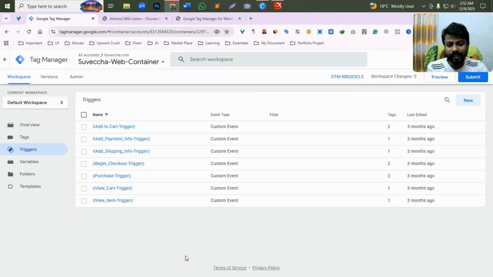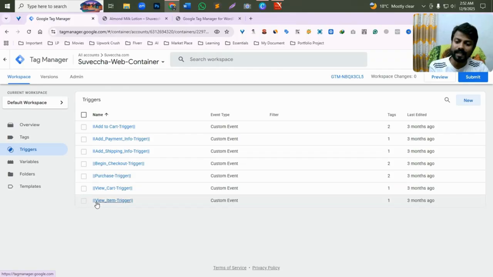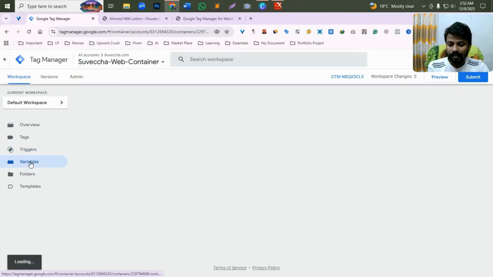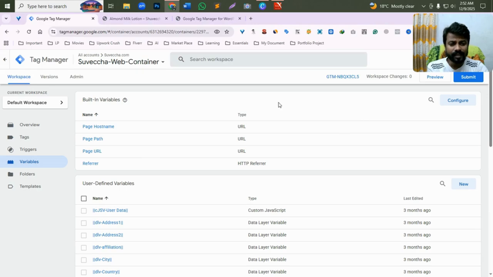Triggers: I have created them for add to cart, add payment info, add shipping info, begin checkout, purchase, view cart, and view item. When we go to the variable section, we see there are two types of variables: